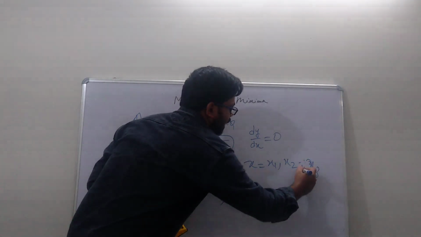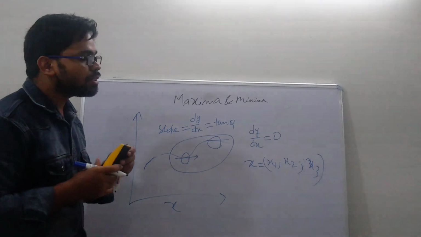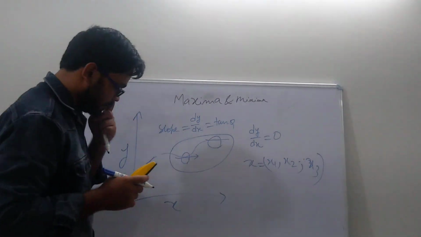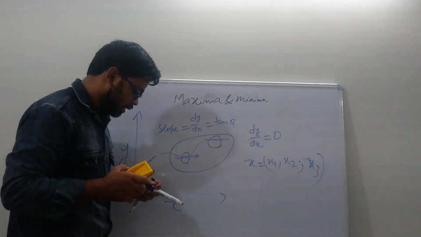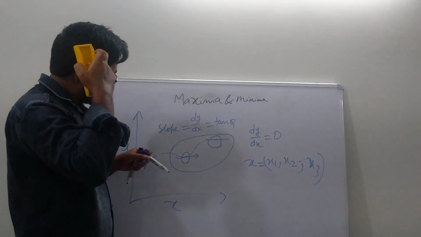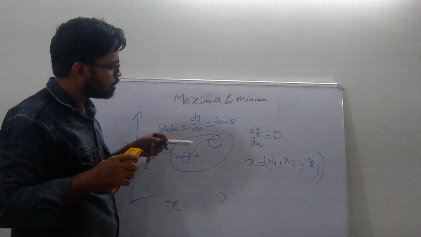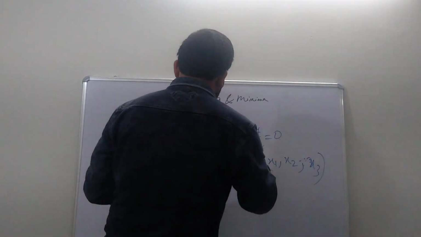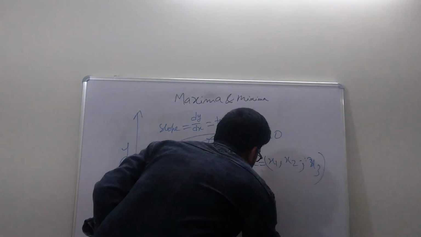Sorry, it is a set of solutions. It can be anything. The next point is which x is maxima and which x is minima. So there comes another concept: the derivative of this derivative is known as the double derivative. So when we double differentiate it,